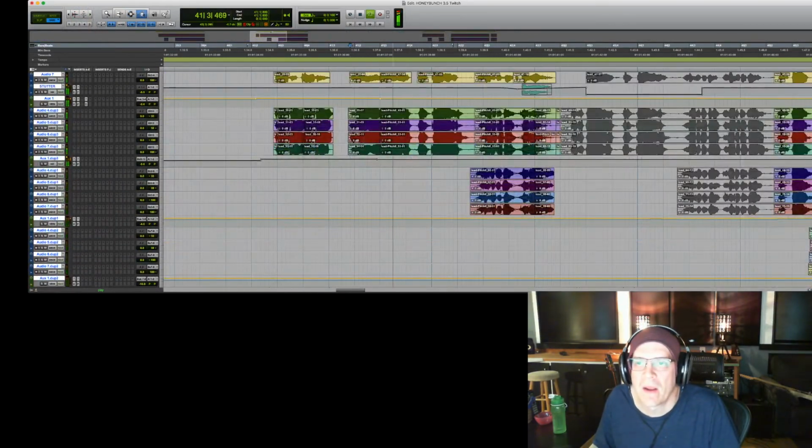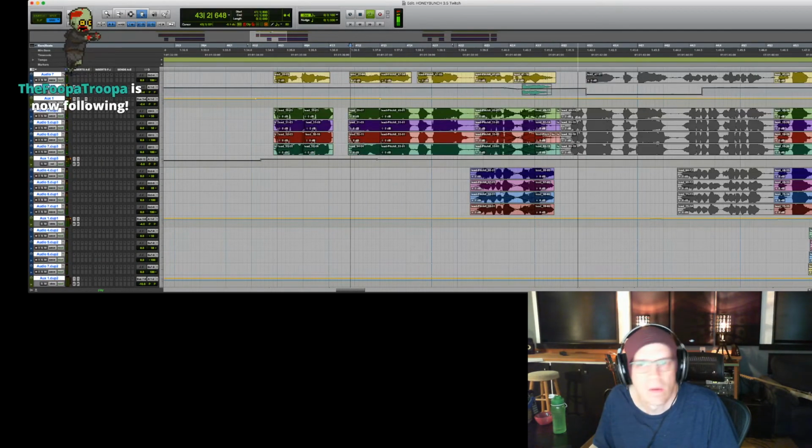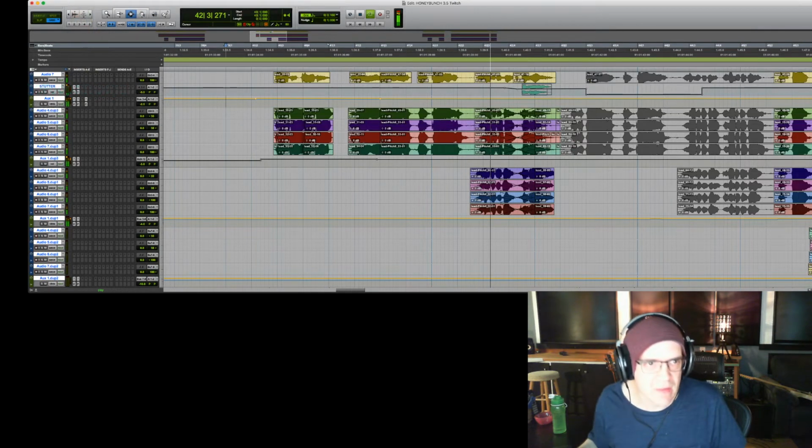Stutter, right there. Right. So the idea with this section is that it falls apart.